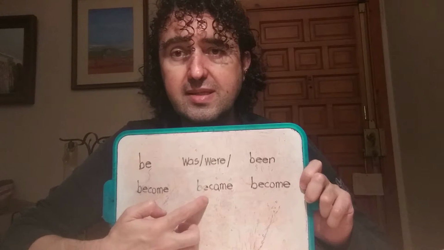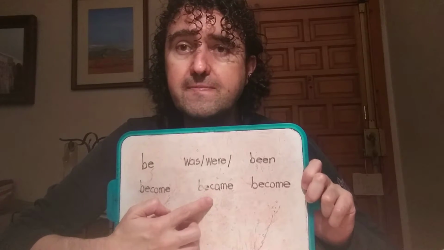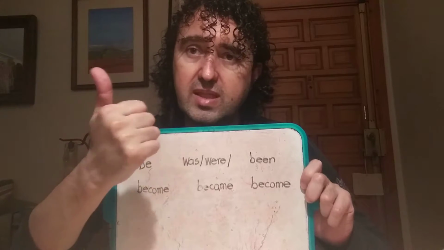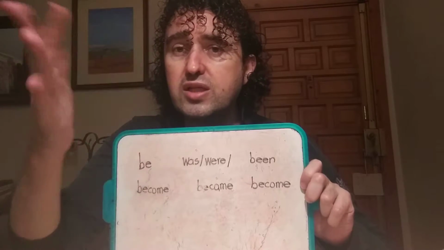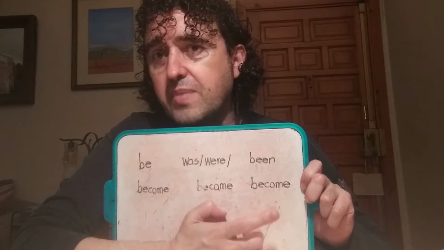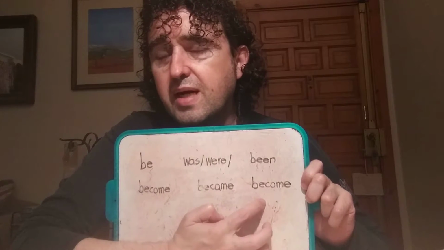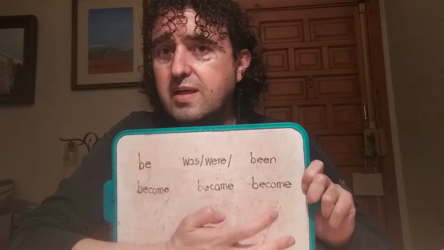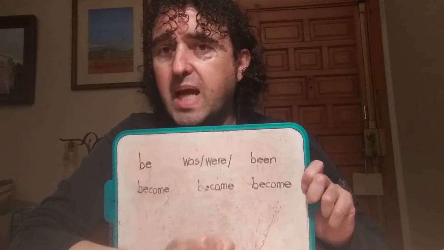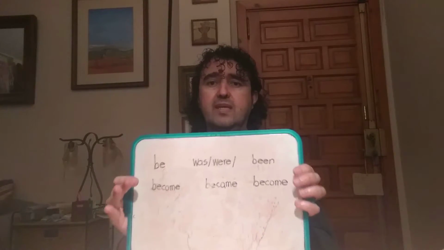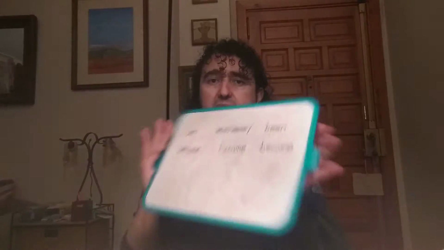And here it doesn't change, huh? It's always became. It doesn't matter what subject you're using, whether I, you, he, etc. And here it does change because I've come, you've come, he's come, etc. They've come. Can you follow me, or am I running too fast for you? Please. Another would be